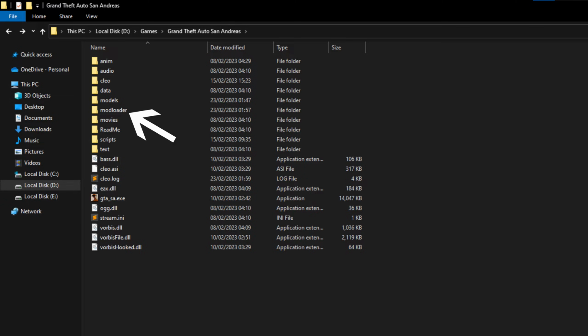Again, not every ASI plugin will work when installed this way, same as the scripts folder, but that's a rare issue. Usually, the mods that won't work will also contain some other mod-specific files that the ASI plugin expects to be in the main game directory, although that's not always the case. It's a rare issue, but just keep it in mind like I said before. Most ASI plugins will work when installed inside ModLoader, but if not, install them in the main game folder.